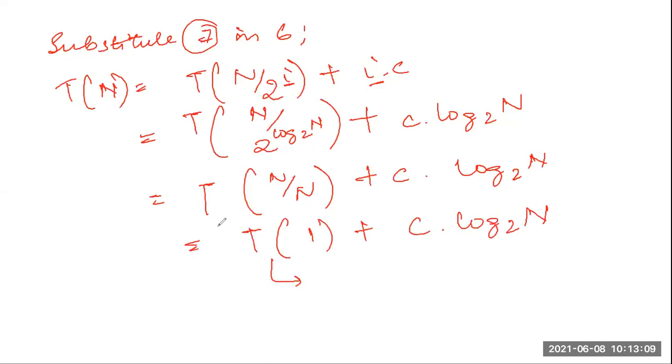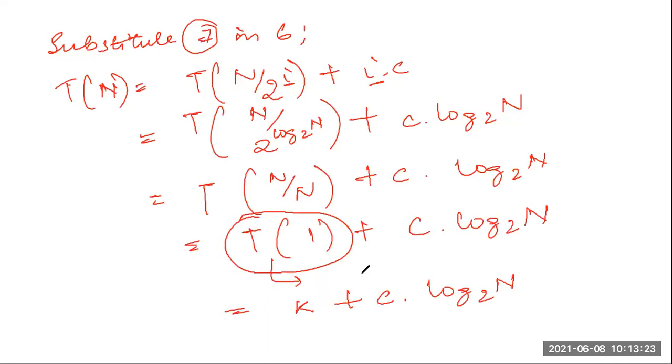So I will consider this entire t1 to be a constant time. I am just naming it as k. You can give it m, z, x, anything. So when one element is in the range of the search, no more iteration, recursion or breaking is required. So it will be assumed to be executed in a constant amount of time. That constant time I am referring to as k.